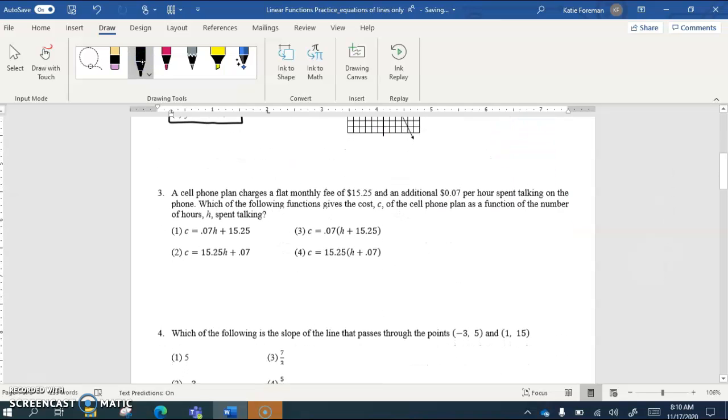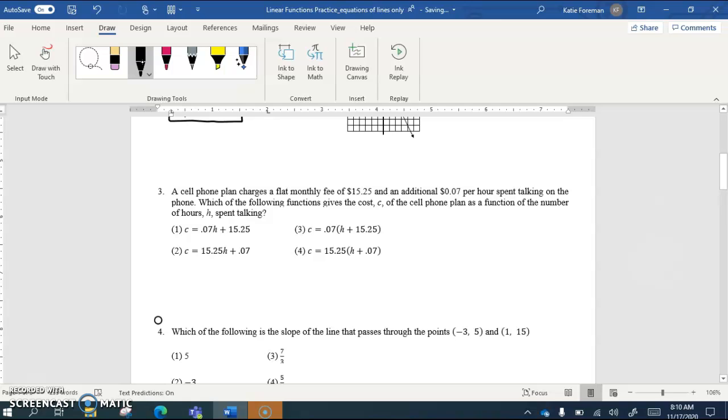All right, number 3, a cell phone plan charges a flat monthly fee of $15.25 and an additional 7 cents per hour spent talking on the phone. Which of the following functions gives the cost of the cell phone plan as a function of the number of hours? Flat fee and a per hour cost. So your flat fee, that's your y-intercept. Before talking at all, you're paying $15.25 a month. Your slope,